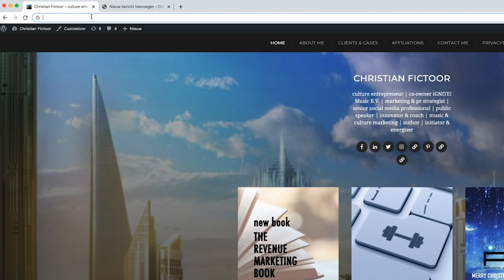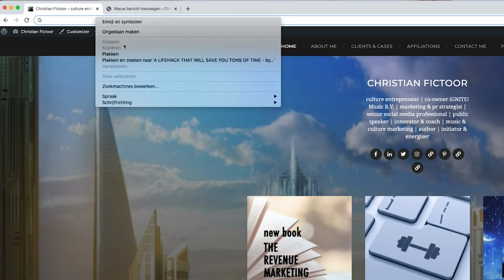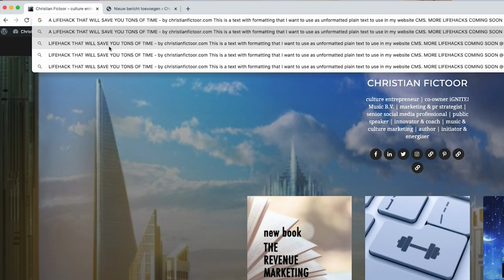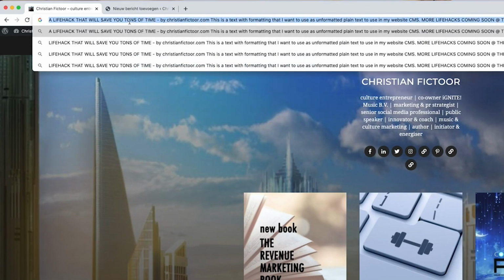And what you're going to do is put your cursor in there, paste the text that you just copied, and as you see right away, the formatting is gone. Bye-bye formatting. Nice. So the next step is, you select that text again using the select all function, copy that text,